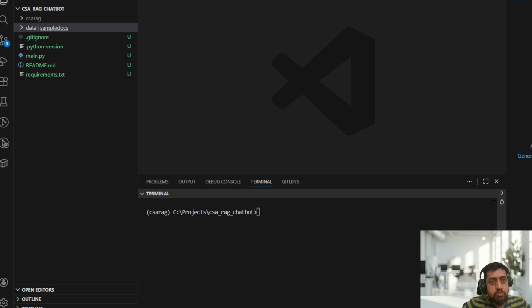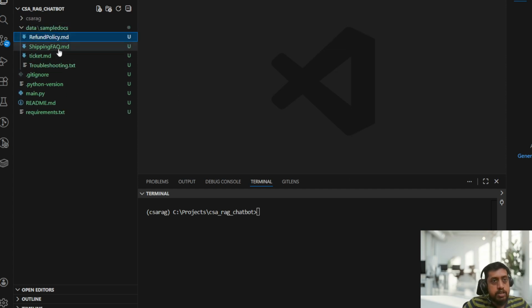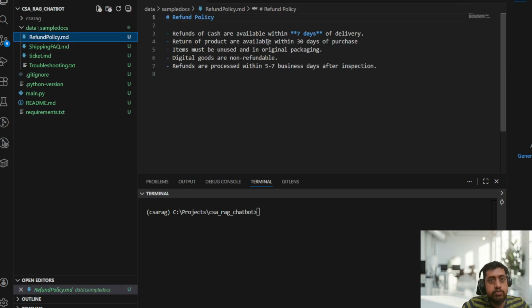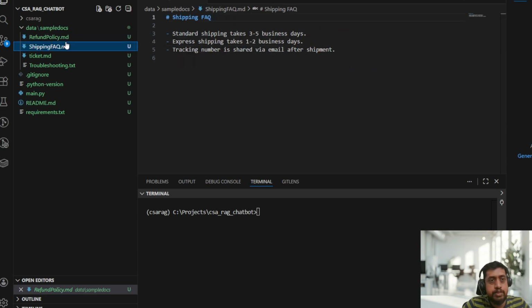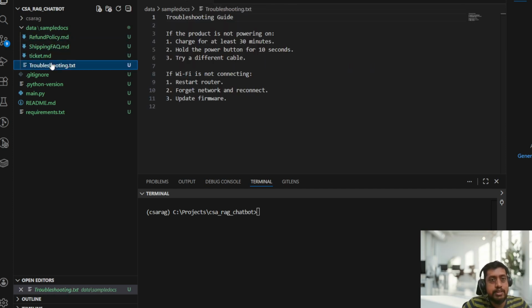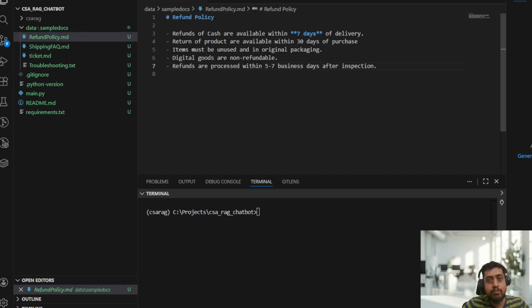Okay, so I'll just copy this and paste it in the data sample docs folder. Okay, so if you guys see, I have copy pasted all these files. Your refund policy is there, shipping FAQ is there, ticket.md is there, and troubleshoot.txt is there. Since this is a beginning, I started with some simple text files only, because normally,